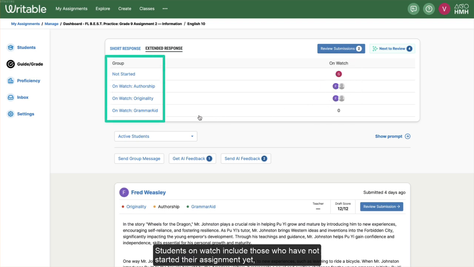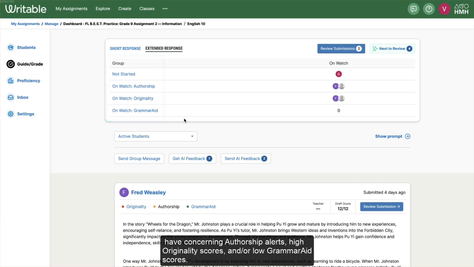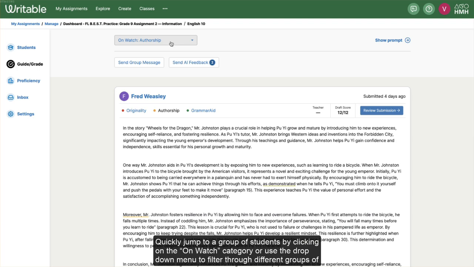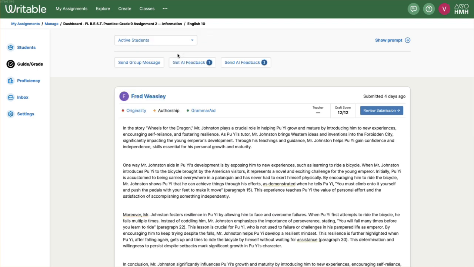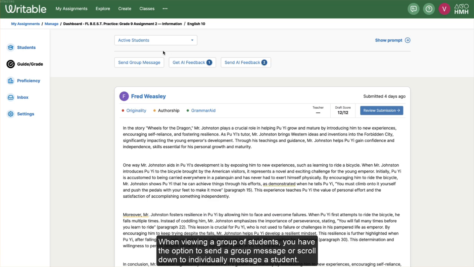Students on watch include those who have not started their assignment yet, have concerning authorship alerts, high originality scores, and/or low grammar aid scores. Quickly jump to a group of students by clicking the On Watch category or use the drop-down menu to filter through different groups of students. When viewing a group of students, you have the option to send a group message or scroll down to individually